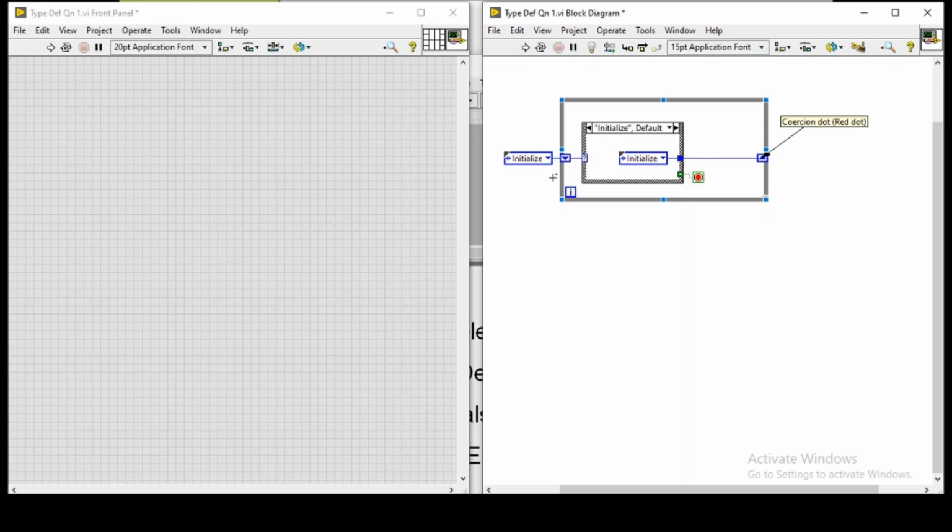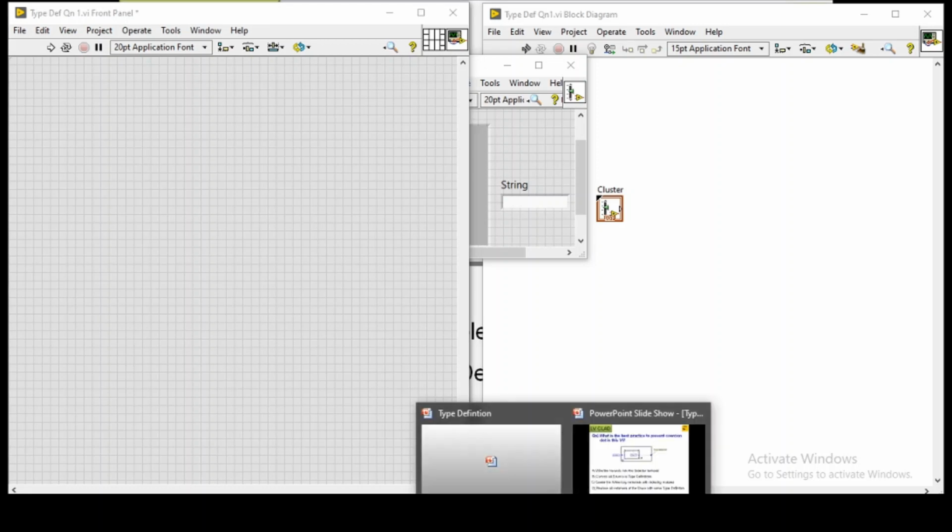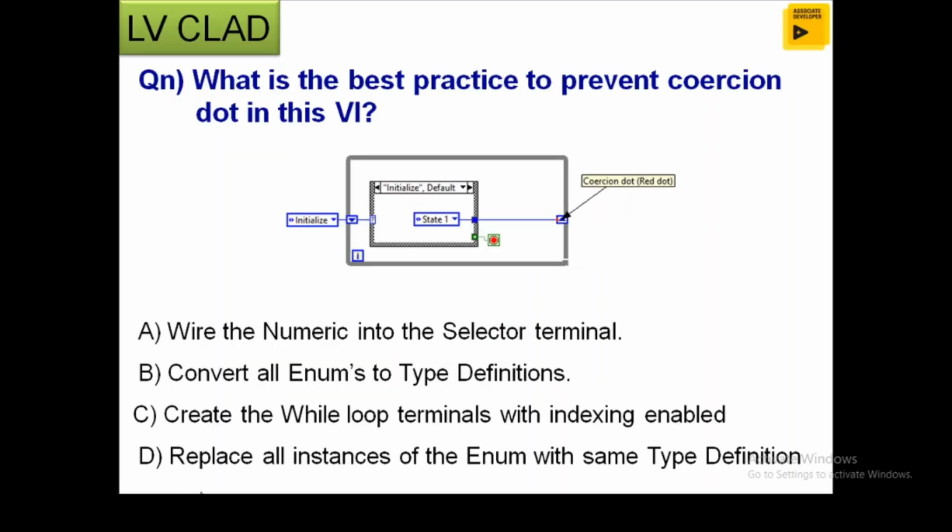If you are not having any type defined enum, you can use the same thing and you can replace it and utilize it for n number of times. But suddenly if you are changing any cases, or if it is possible to add some cases in the case selector, then we need to go for a type defined. So better always try to use the type defined case selector. So replace all the instances of enum with the same type definition. Try to use the same type defined or customized control in all the instances if you are using the same number of cases. Okay, so this is the way to get it. So the answer is D for this case.